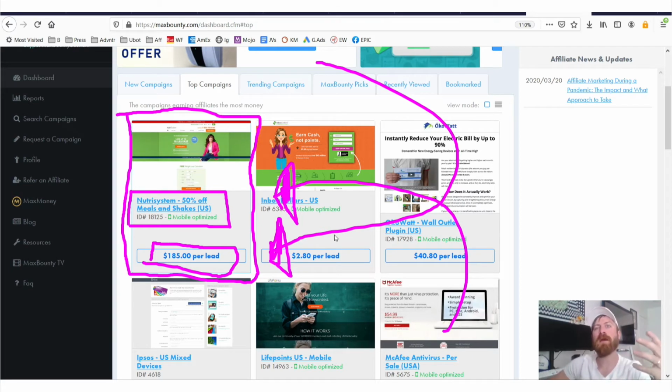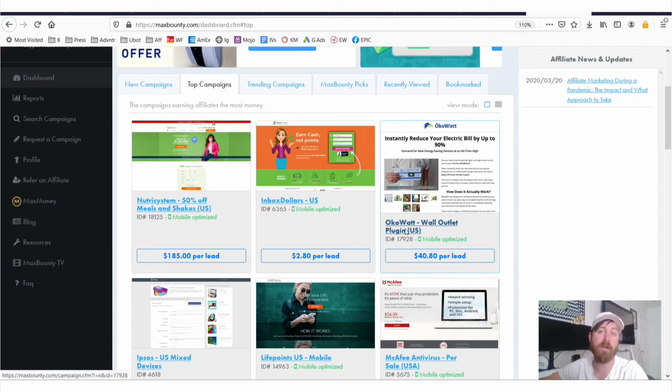How many people around the world want to lose weight or believe they are overweight or are somewhat self-conscious about their weight? I'd guess 90% of people or 80% of people in the world are somewhat self-conscious about their weight. So you have a pretty big audience and it's not going to go away. I don't think it's ever going to go away.